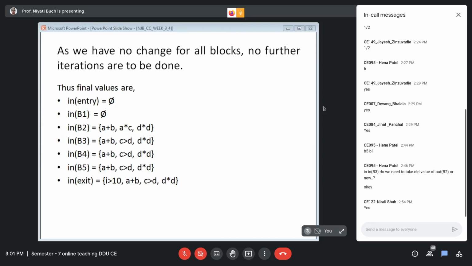What we have obtained over here is for the whole flow graph. We have found out what are the available expressions. Previously, if you remember, we had taken one example in which we found out the AEB set, but that was local available expression, local to the block. Now what we have done is for the whole flow graph. Are you getting this, everybody? So we have taken the whole flow graph into account and found the value.